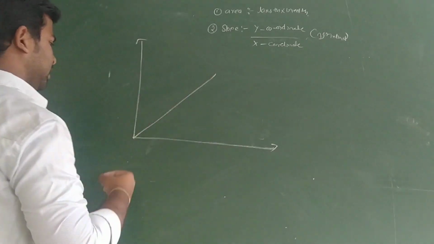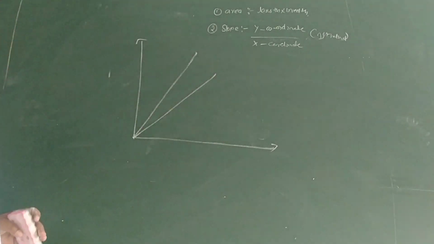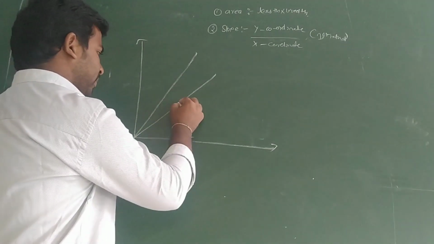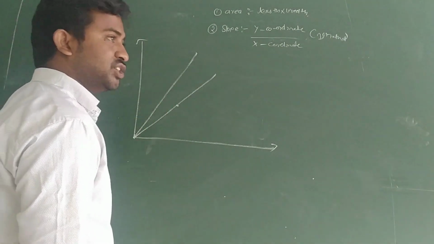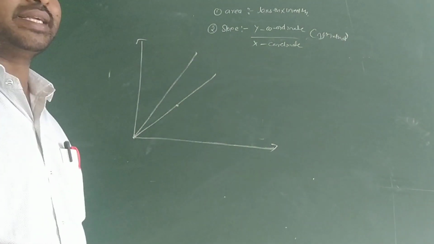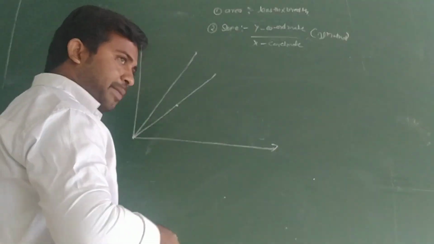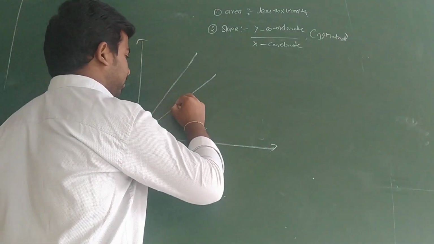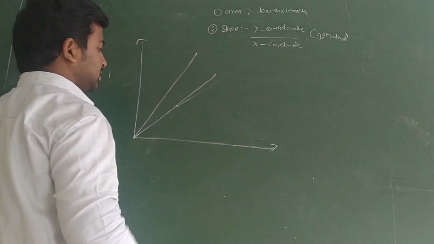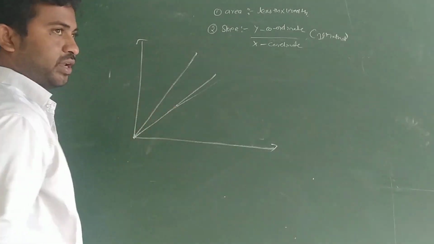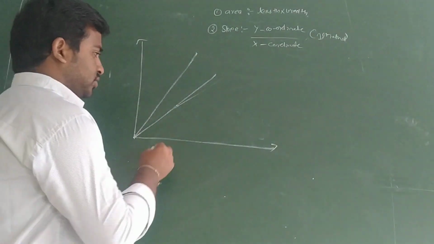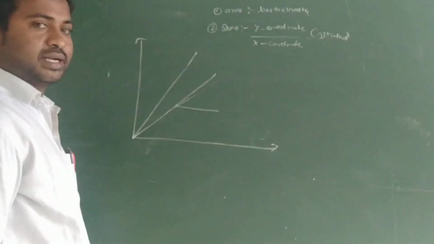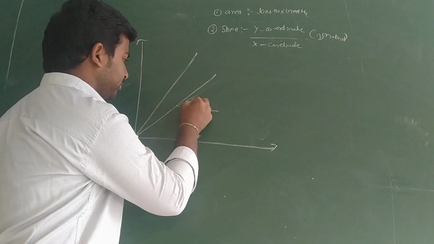So here I am taking one line, and another line. For this line, you can choose any one point. From that point, you can draw a tangent. How can we draw a tangent? Tangent means we can draw a particular line that touches only that point. So for example, I am drawing a tangent like this, right? It just touches this point, and with that line, you can draw a line from that point parallel to the x-axis. Understand? Then it is theta 1.